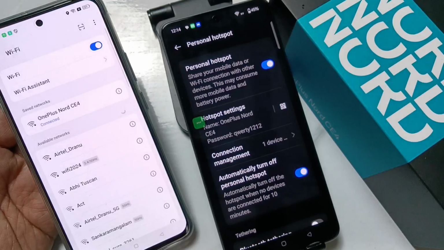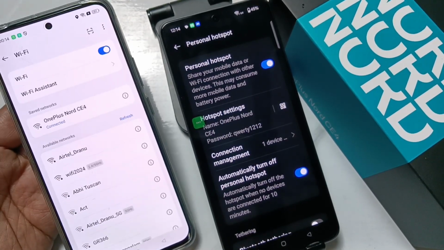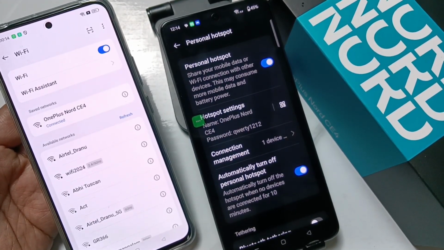You can see it is connecting. Yeah, it is connected. You can see. So simply in this way you can set up the personal